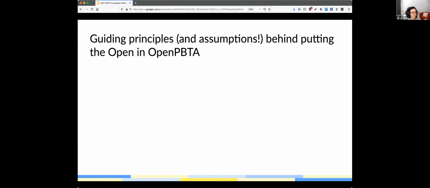Now that we've talked about GitHub and how this can work together, let's talk about some of the guiding principles and assumptions that we make in putting the open in Open PBTA. Because when we talk about open science, there are many different facets of that, including making sure everyone can access your publications. For this particular project,